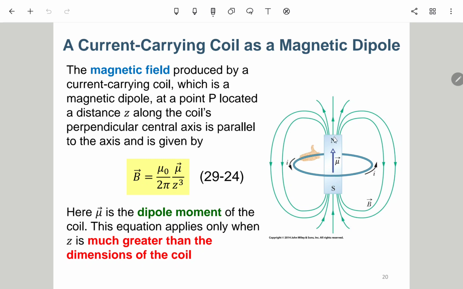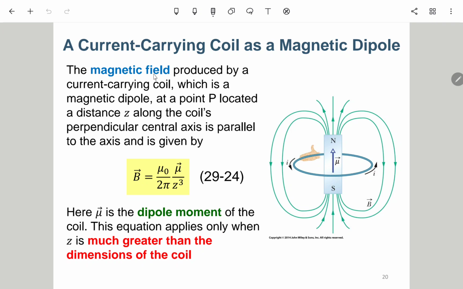Okay, or if there's no magnetic bar and we only have this current carrying coil, it can also generate the B field lines, actually like this. So we will say that this magnetic bar and the current carrying coil are equivalent to each other. They can generate the same magnetic field lines. Okay, although the structures are different. This is a magnetic bar, this is a current carrying coil, but we will say they are equivalent to each other